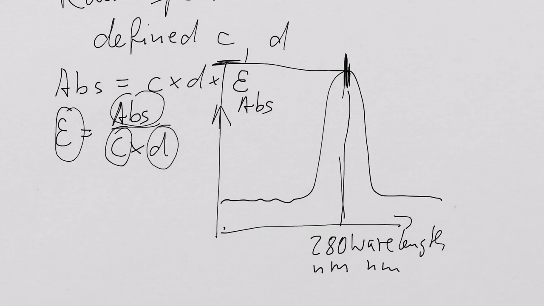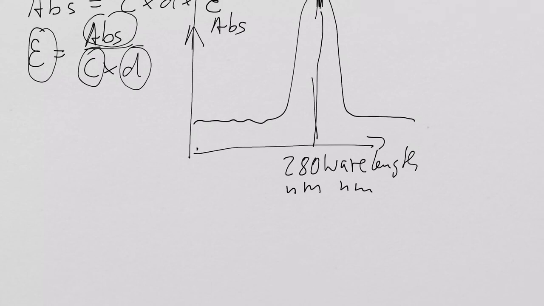Different substances absorb at different wavelengths. A characteristic of a protein, for example,